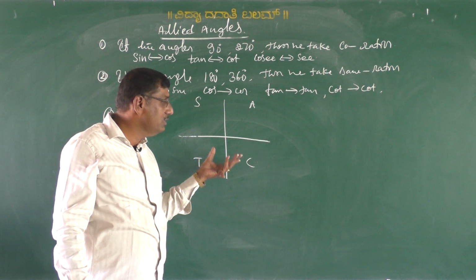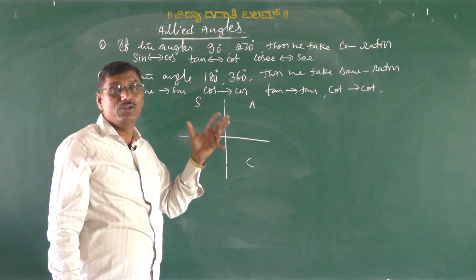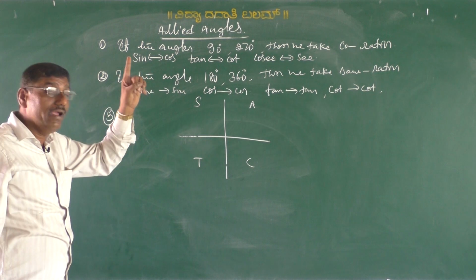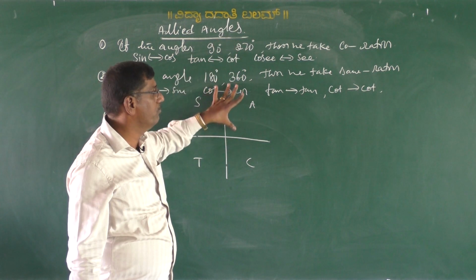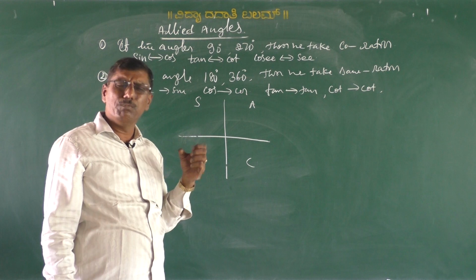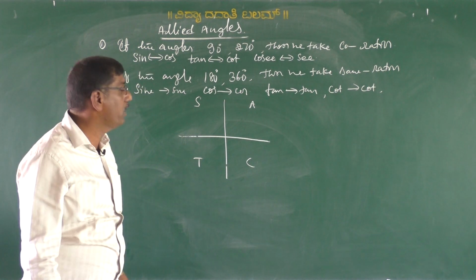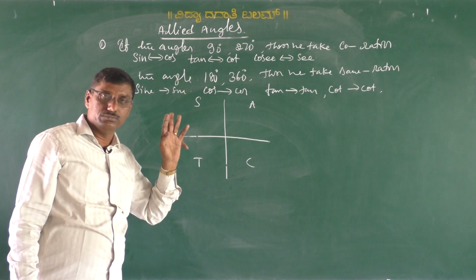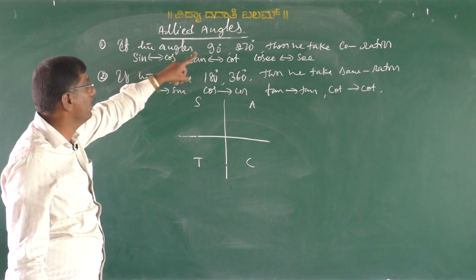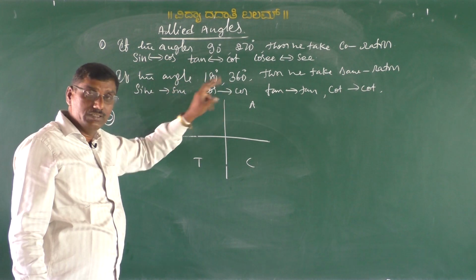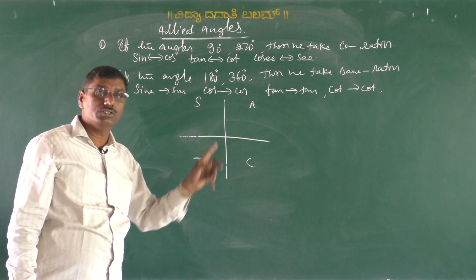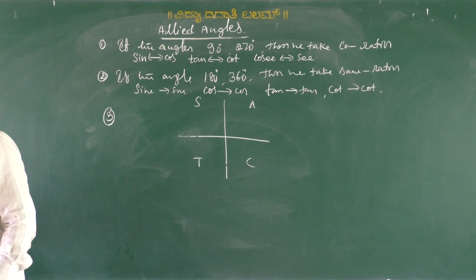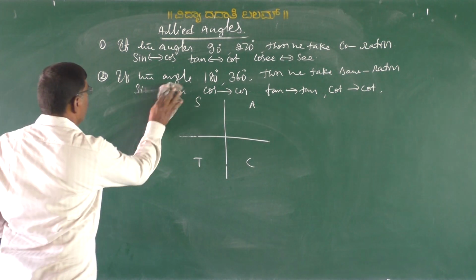With respect to these angles, we can express the six trigonometric functions of allied angles with the help of these. We can also prove it, but it is not necessary directly. I can write it using these three terms: one, if the angles are like this; two, if the angles are like this; and the third condition is according to the quadrant rule, my dear students. Now, how, sir? See here, one by one.